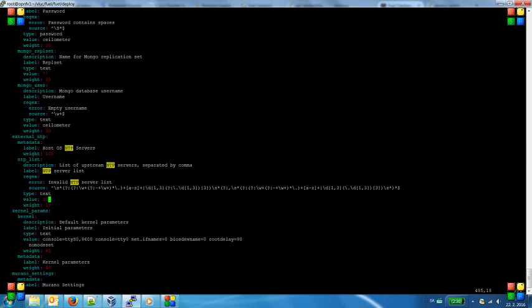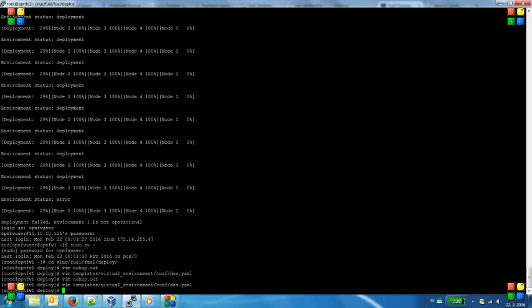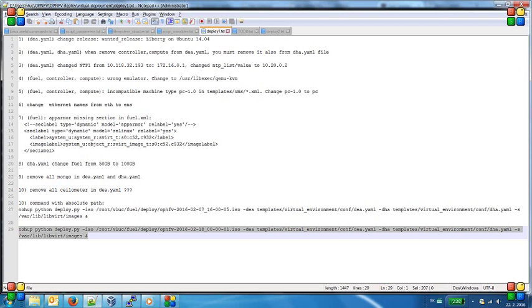We need to change it and use the IP address of Fuel. This is a valid NTP server. So if we save this and rerun the deployment, it should work. So basically it is this command